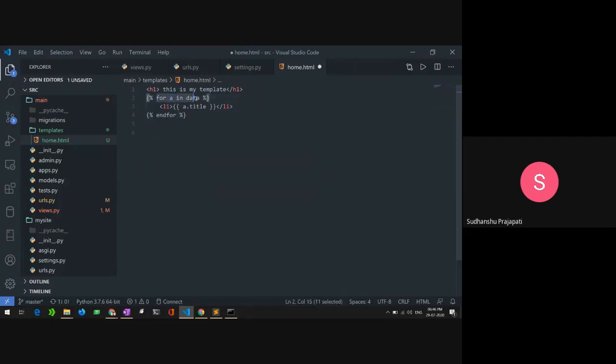This is how our for condition works. To use the for condition, I have to use curly braces and the percent sign, and to end it, I have to use curly braces and percent sign with endfor. If I want to use an if condition here, I have to write percent if and the condition, whatever your condition is.